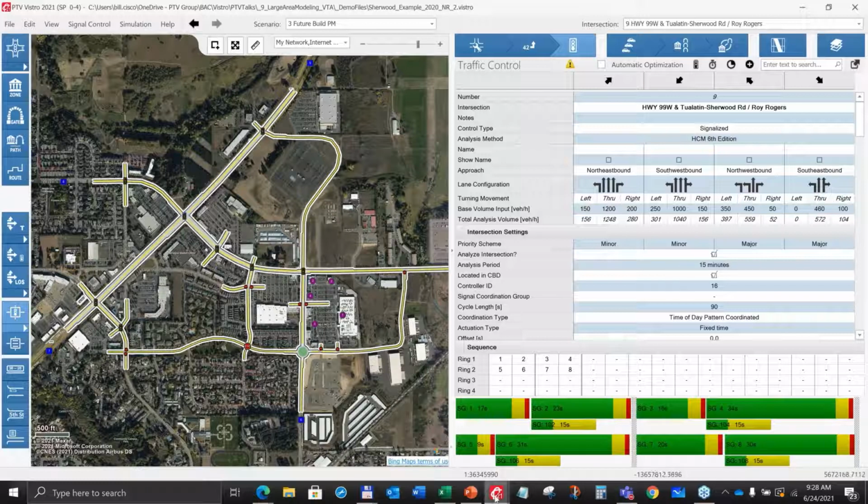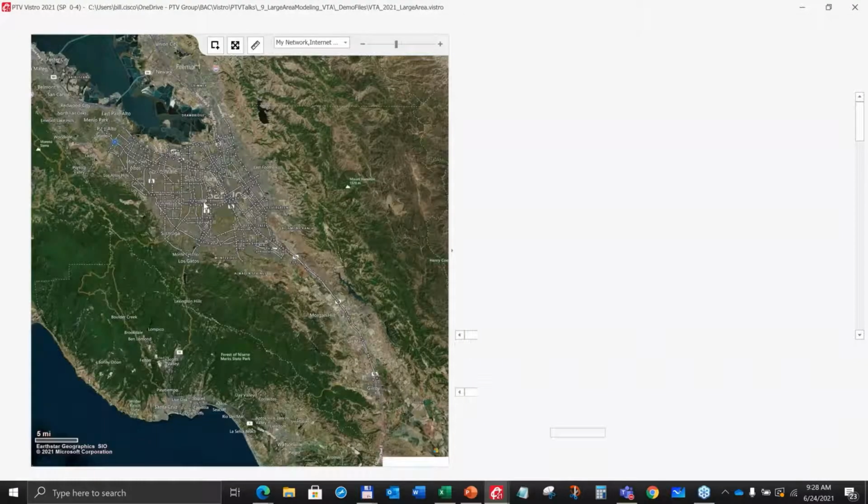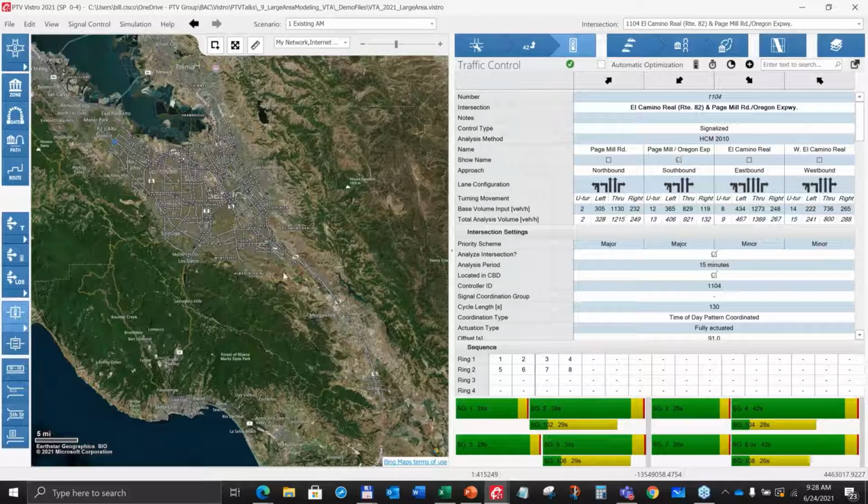And then basically all that, drum roll please, to get up to the point of looking at something on a larger area, modeling in Vistro, such as the topic today. Let's take a look at VTA's network. And so this is VTA's network. For those of you familiar with Vistro, of course, we have our Bing satellite imagery. That's an active feed here. I used to use the word live until all the live traffic data became so prevalent in our industry.